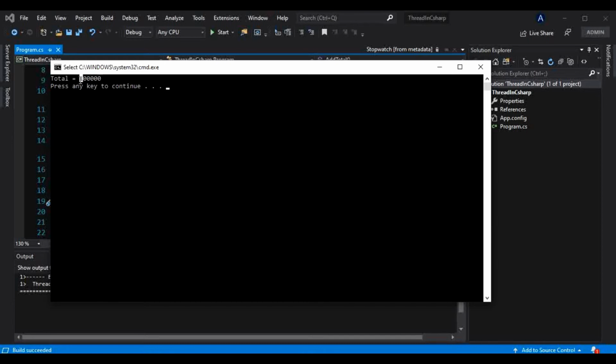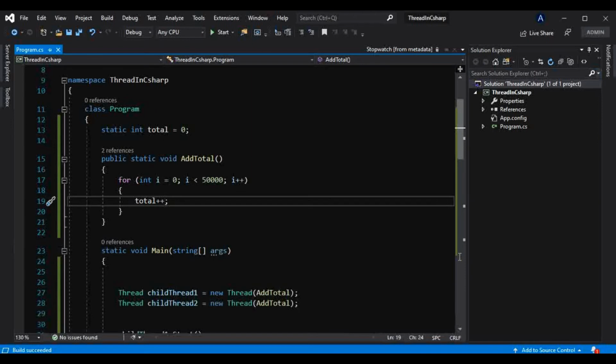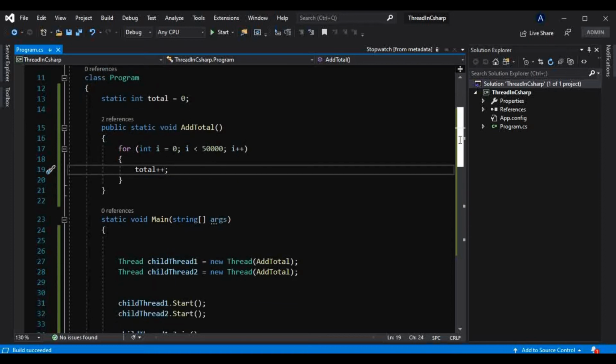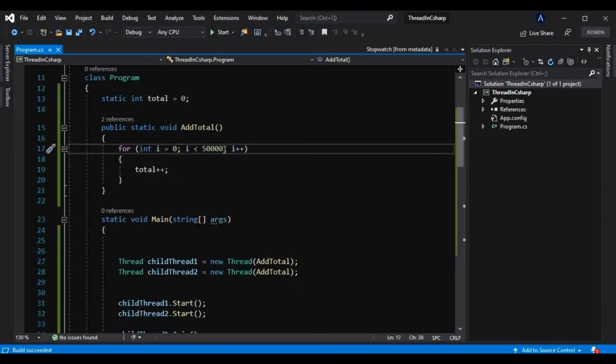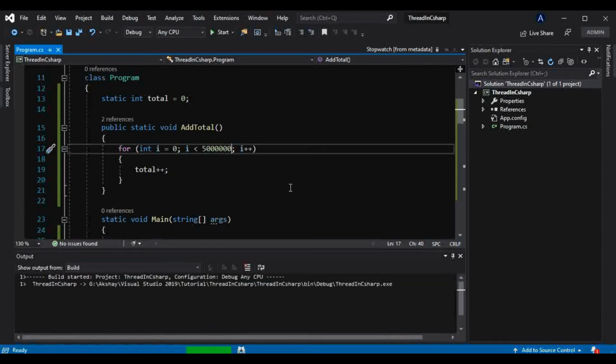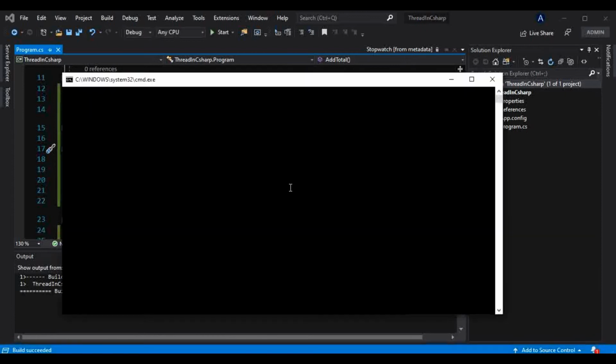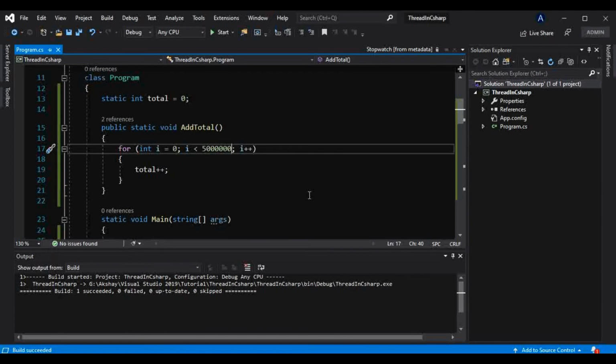and yes, to see that difference, what we have to do now is run that from the command prompt, and I will show you that output again and again, and there will be a different value each time. So let me show you that. And before that, let me just increase these numbers here so that the value will be bigger, so we will get more difference. Okay, so we will see how we can run this program from the command prompt as well.